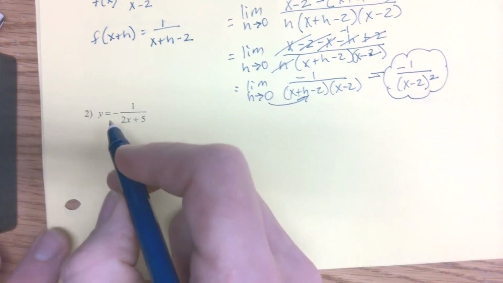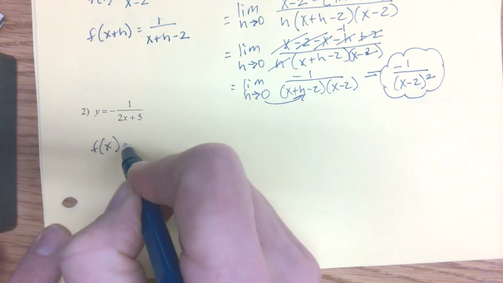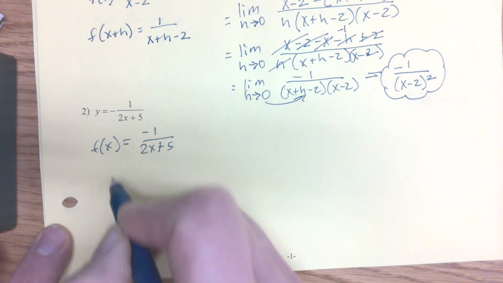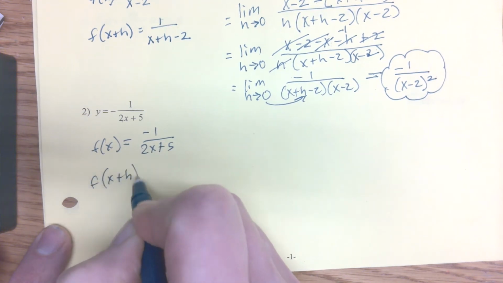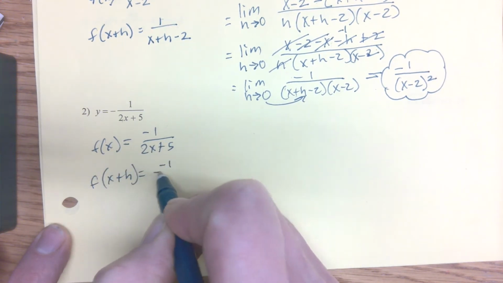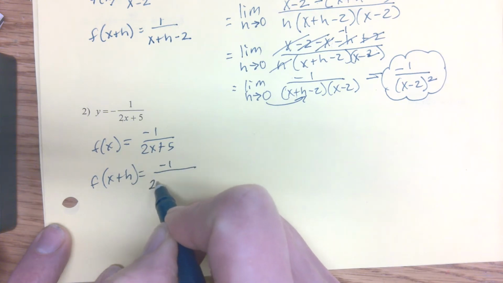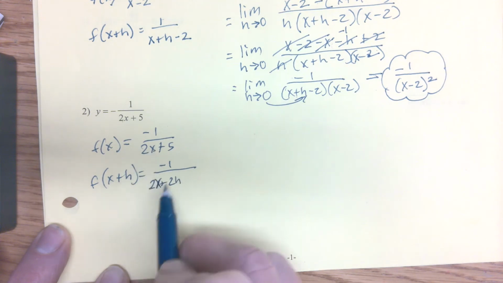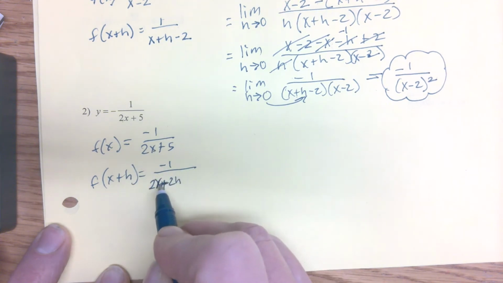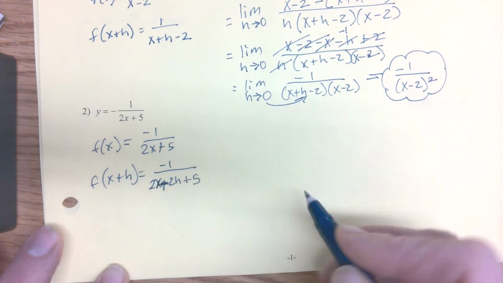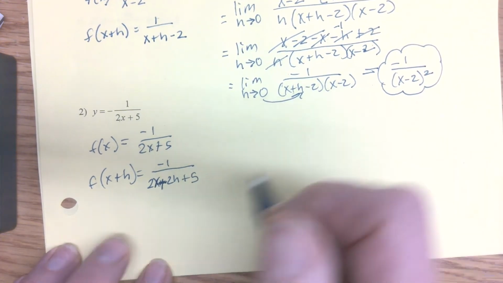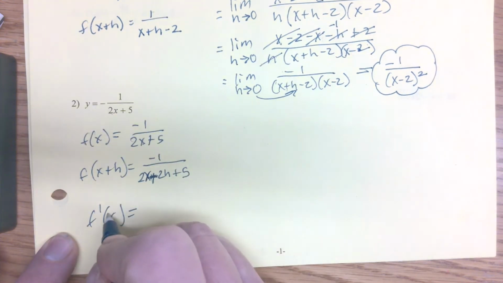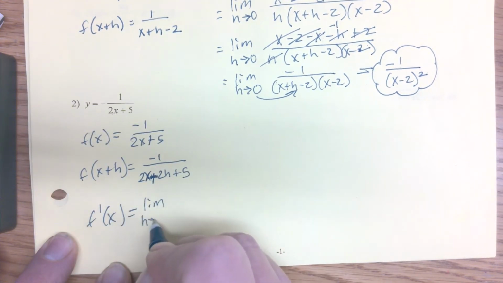Again, I have f of x. I'm going to assign the negative to the top, so negative 1 over 2x plus 5, and f of x plus h, which is negative 1 over 2x plus 2h, I'm replacing the x with x plus h. I'm going to distribute that 2 through, so it's 2x plus 2h plus 5, and now I can put it into that formula. So f prime of x is equal to the limit as h approaches 0 of